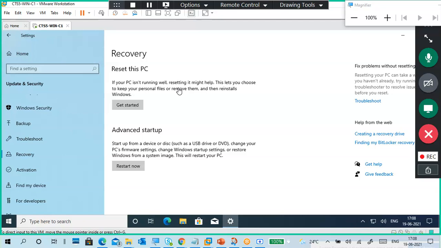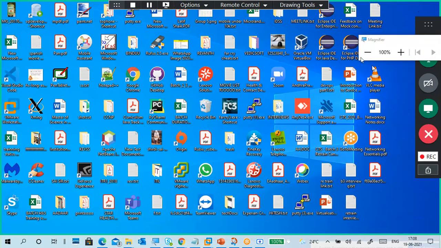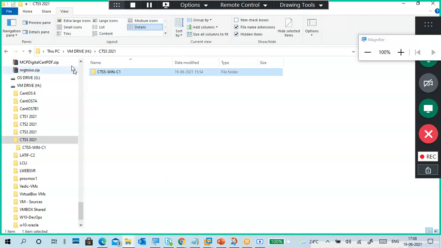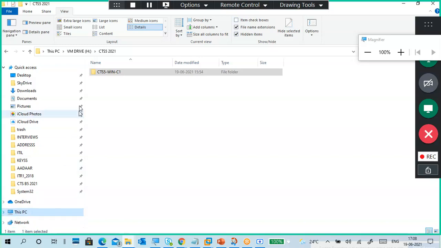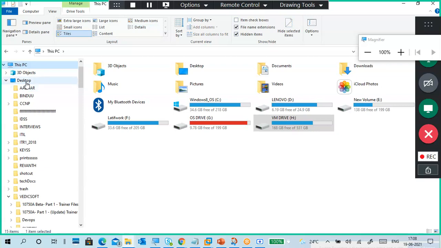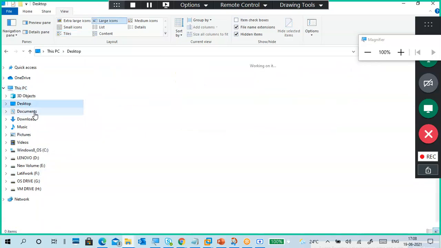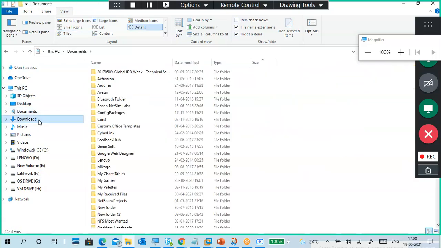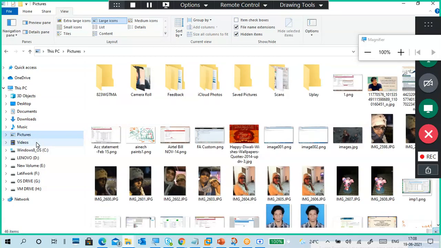What are personal files and non-personal files, and how do we differentiate between the two? Very good question, that is very important. What is a personal file? The files you store on the desktop, or in documents, downloads, pictures, videos, music.